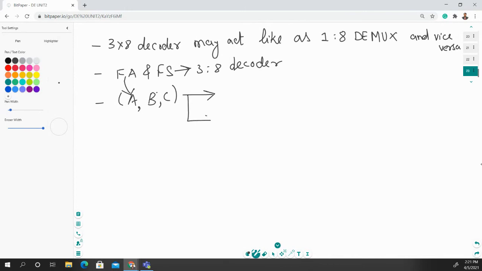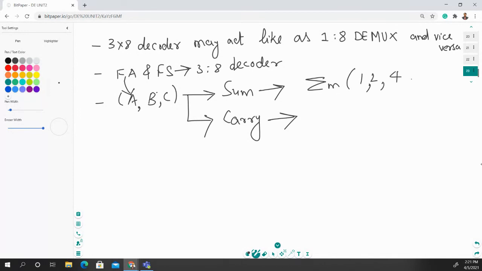So you have the sum output and you have the carry output. How to design this sum and carry? Anyone can give your response in chat. What is the min term for this particular sum? Quickly. 1, 2, 4, and 7. And what is the min term for this carry?